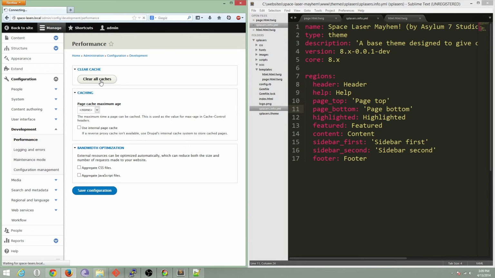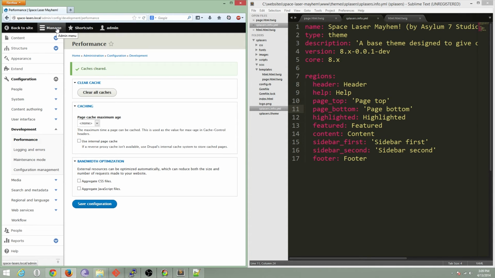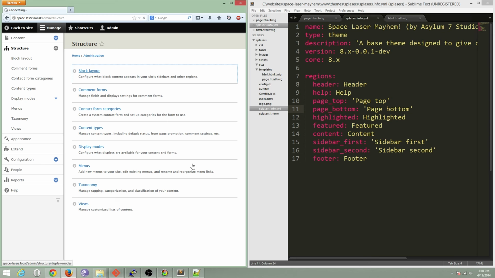So we'll just hit clear all caches. And after a moment, it should refresh. There we go. And finally, we can go back to structure, to block layout,